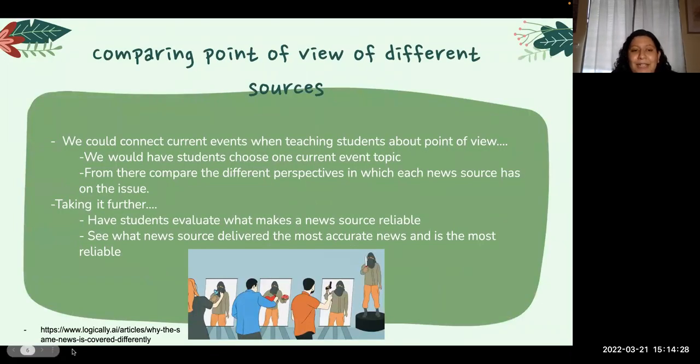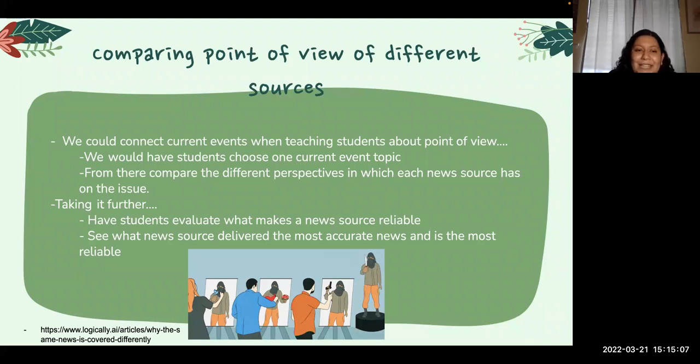So an idea that we had for ways that you can use it is comparing points of view of different sources. So something that we thought would be a good idea is having students choose a specific current event, like the war that's going on right now, and get different news sources. Like let's say they get their local newspaper, the New York Times, and let's say Fox News, and they compare how each news outlet has delivered the material and compare